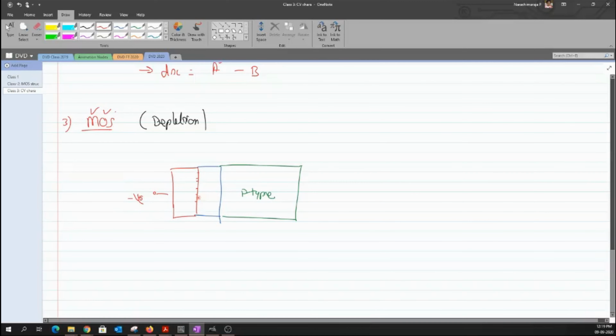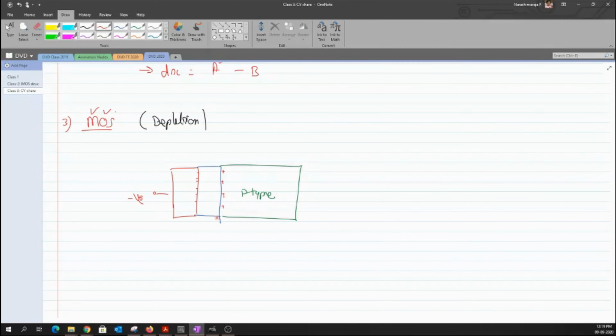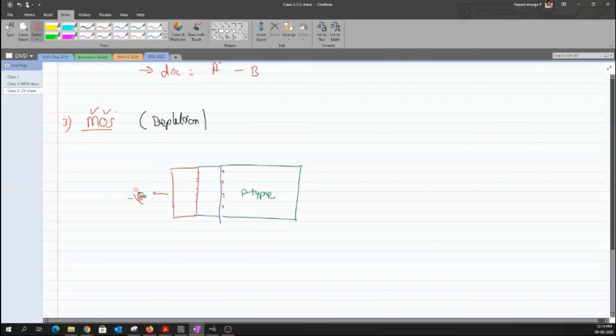Clear? Now, when I have negative charges on one side, obviously you have to have charge neutrality across the structure, so it tries to attract more positive charges towards this, and we call this a depletion of what type of region that I have drawn right now? Accumulation. Yeah, this is an accumulation. It is not a depletion, right? Sorry for that. So I shouldn't have had a negative voltage, but rather a positive voltage.